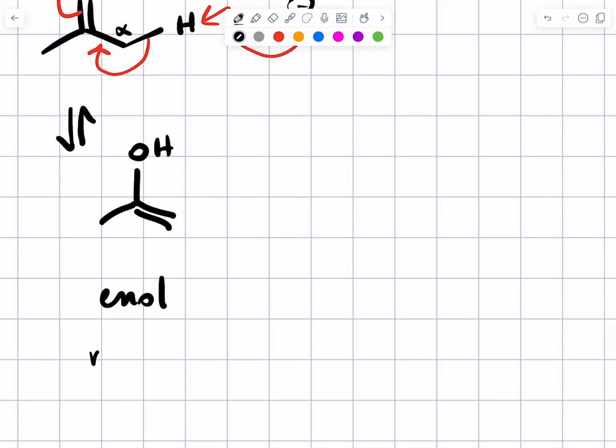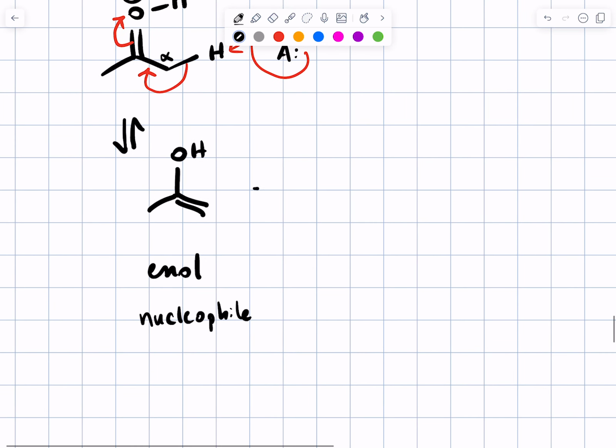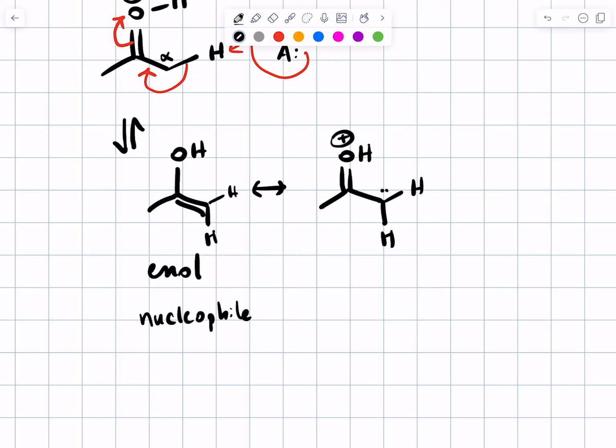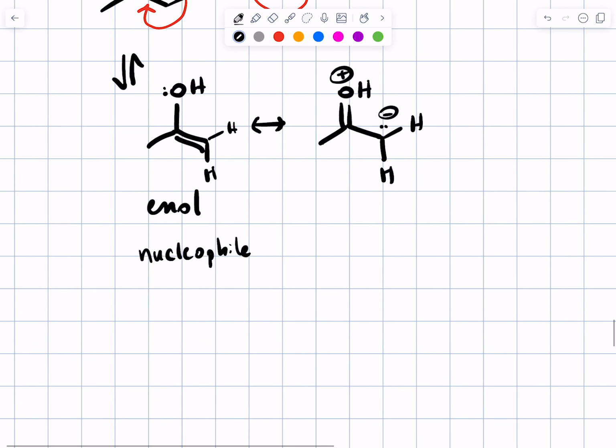At this stage, we're going to use the enol as a nucleophile. And we're going to reflect on the fact that you could draw a resonance structure of the enol that would look like this, where the alpha carbon, the one that's involved in the double bond, actually has a negative charge on it. So even though you might be tempted to look at the enol and say, oh, if the enol is a nucleophile, it should be the lone pairs on the oxygen that are reactive, it turns out that enols are nucleophilic on the alpha carbon